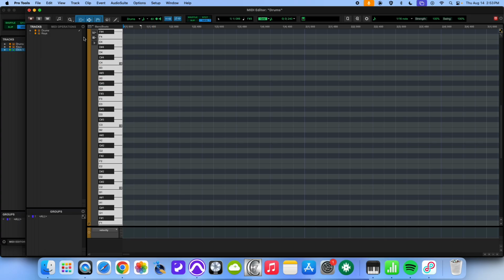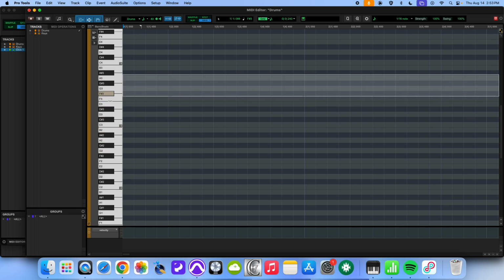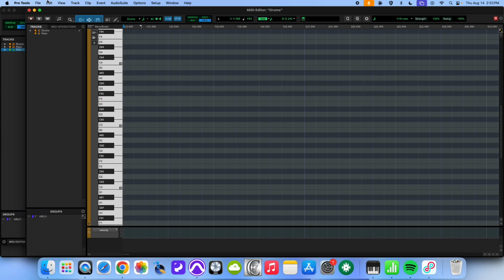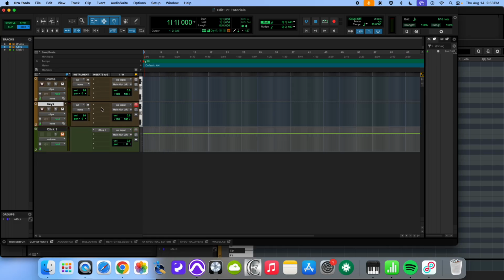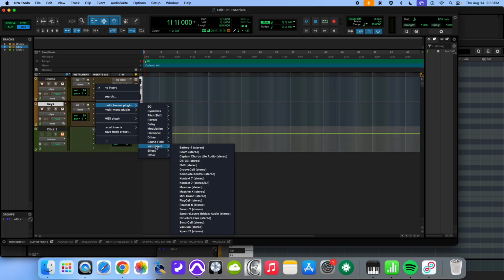In the MIDI editor, you can see that there's a pencil over here on the left on the track list, and there's this dot. Because the pencil is on the drum track, it is trying to communicate with the drum track. There is no instrument in either, so it's not going to work for either of these. So we need to get an instrument. I am going to go to multi-channel. By the way, these are called the inserts. So you want to see the insert column. I'm going to insert,